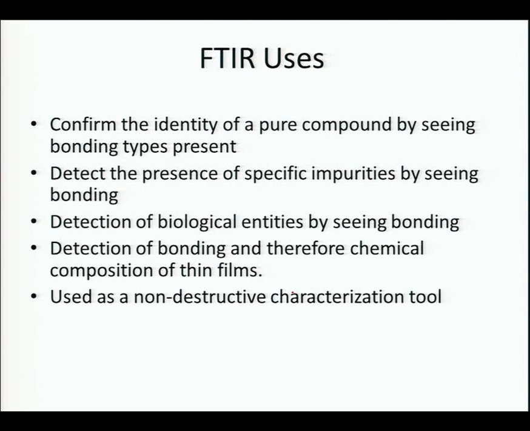So FTIR can be used to confirm the identity of a pure compound by seeing bond types present. It can detect the presence of specific impurities by seeing bonding, detection of biological entities by seeing bonding, detection of bonding and therefore chemical composition of thin films, and it can be used as a non-destructive characterization tool